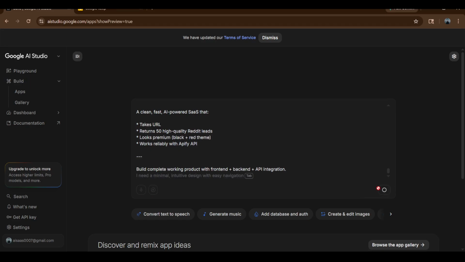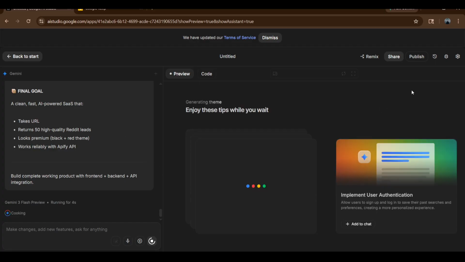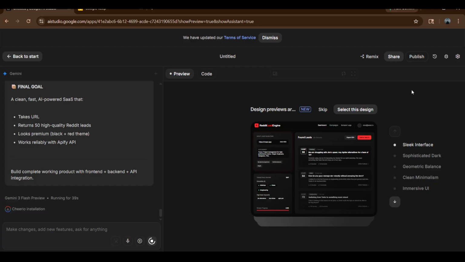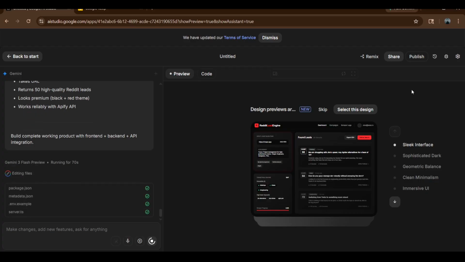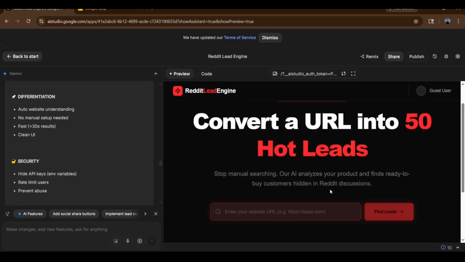So yeah, that was a complete prompt. We finalized the prompt and we're thinking of adding it in Google AI Studio. So let's open Google AI Studio and paste the complete structure. You can see we opened Google AI Studio. We are using the free version only and we do not use a paid version.